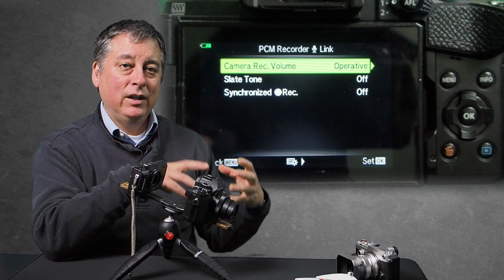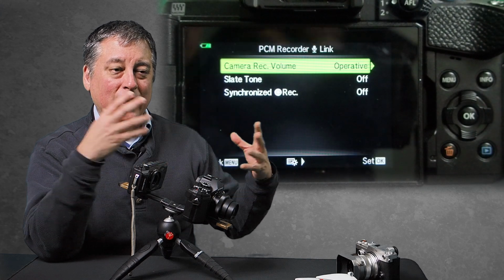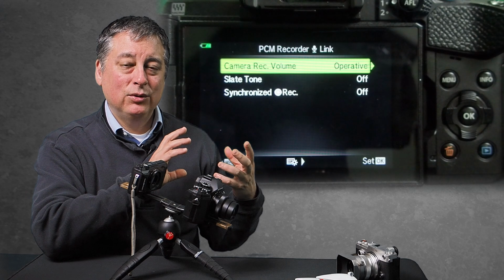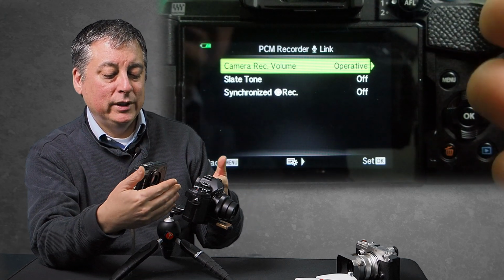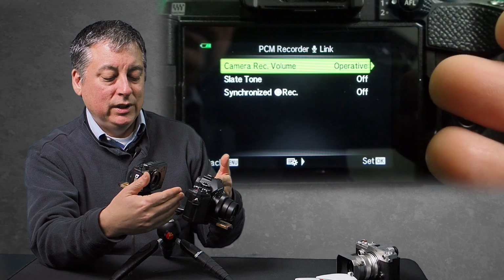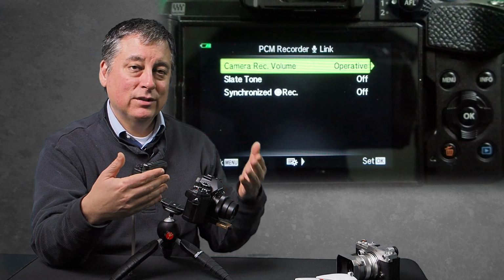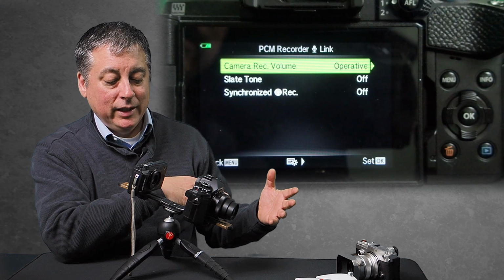So that you can get very, very high quality audio. And I imagine this is for musicians or bands, or where audio is critical and you want to record it separately into a very high quality device. You can control some of the features through here, like slate tone. If you want the recorder to start and stop along with the camera recording, or if you want it independent of that,